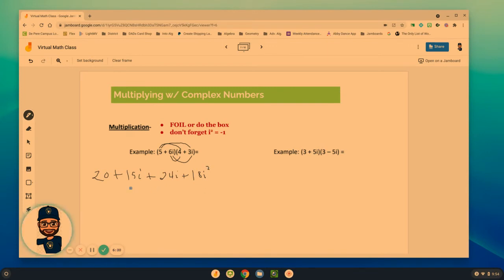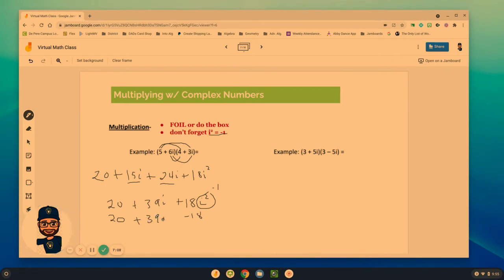So now we're going to focus next on just combining like terms. These two have like terms. They're both just i's. So 20 plus 39i plus 18i squared. However, what we've learned the last couple of days is that this i squared part can really be substituted with negative 1. i squared is negative 1, so 18 times negative 1 would give me negative 18 out here, or 20, plus